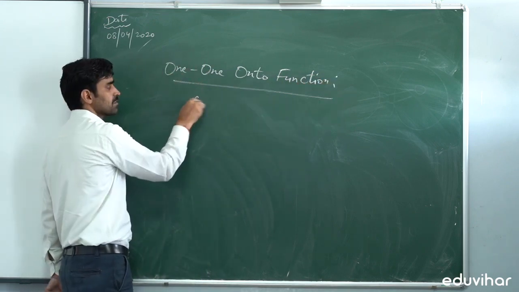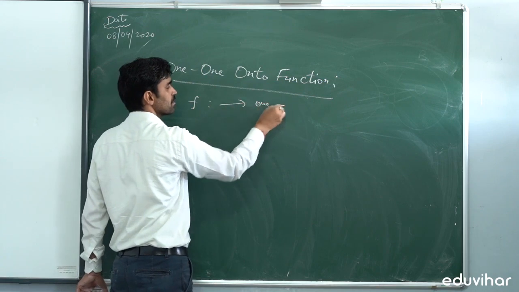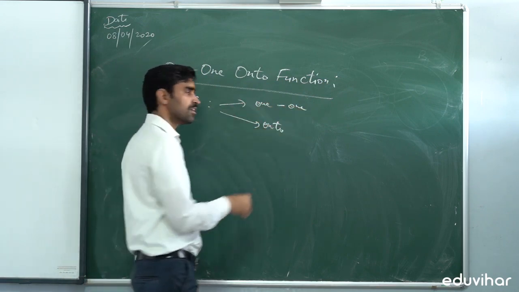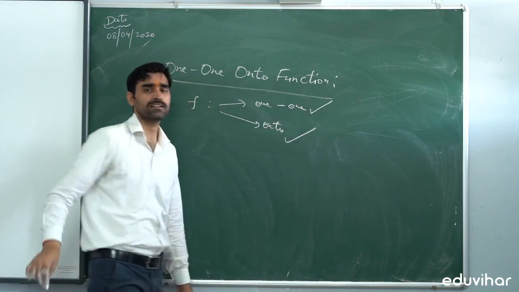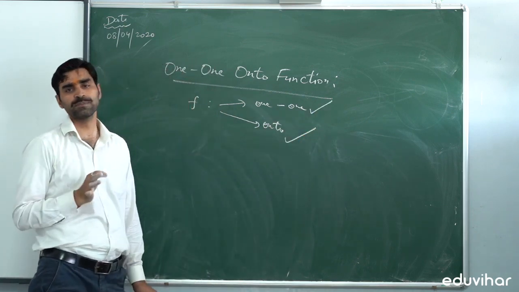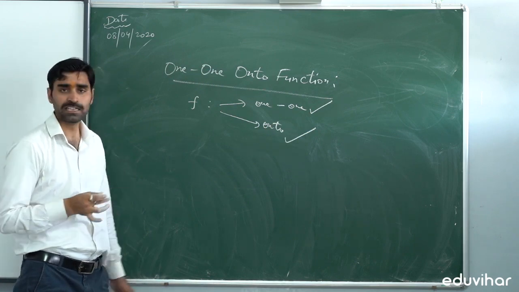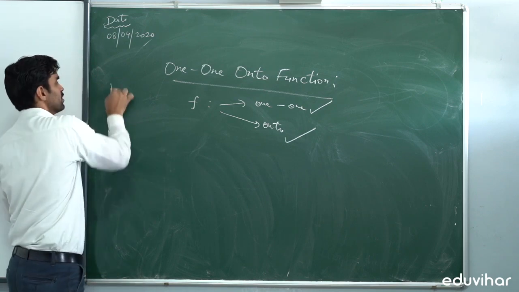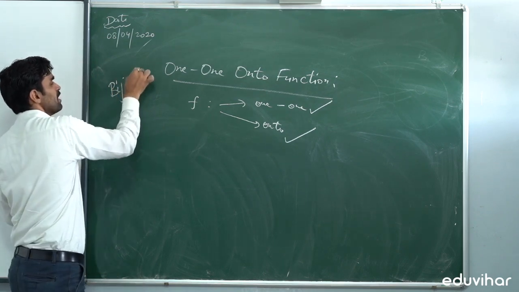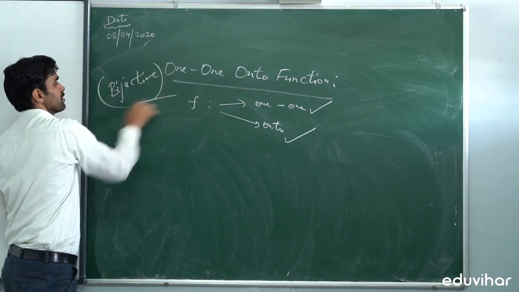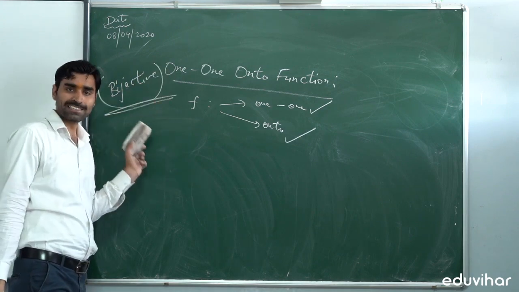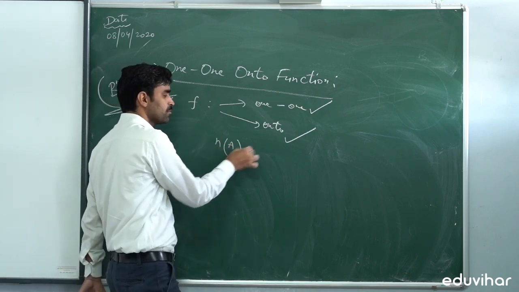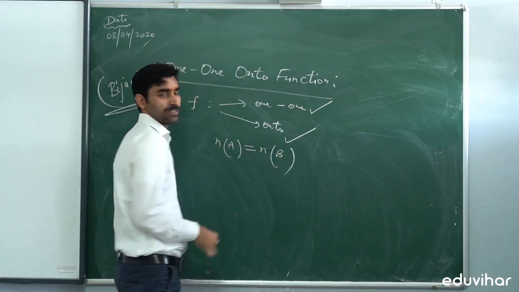If a function is one-one and also onto, अगर एक फंक्शन 1-1 भी है onto भी है, दोनों है, तब वो फंक्शन हमेशा क्या कहलाएगा? 1-1 onto फंक्शन कहलाएगा। इसे हम बाइजेक्टिव फंक्शन के नाम से भी जानते हैं। और बाइजेक्टिव फंक्शन केवल और केवल तब अप्लाई है जब फर्स्ट सेट के जितने भी एलिमेंट होंगे उतने ही एलिमेंट सेकंड सेट के अंदर।